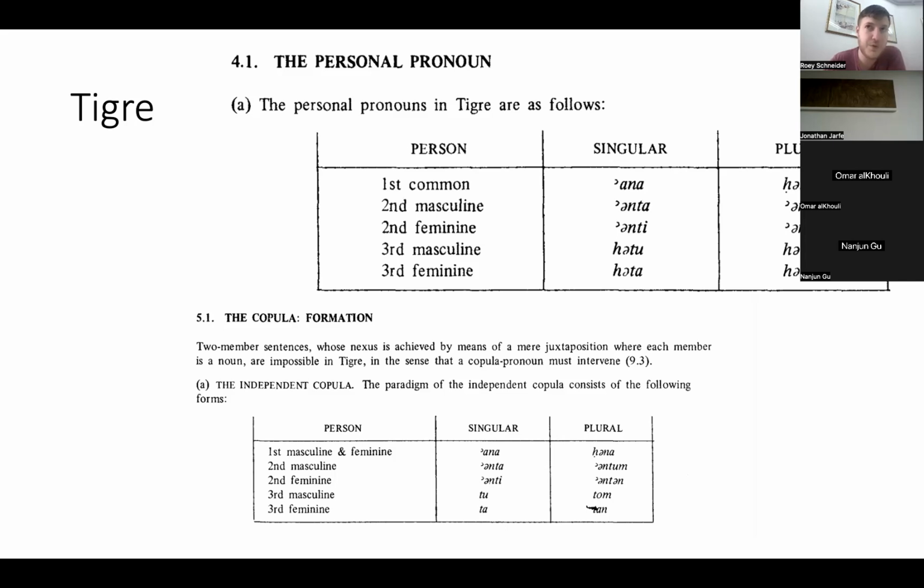Tigre is a language spoken in Eritrea by approximately 2, 3 million, 1 million people, something like that. Ana, inta, enti, and the plurals nana, entum, enten, which is nice, but the real striking feature here is that the third person